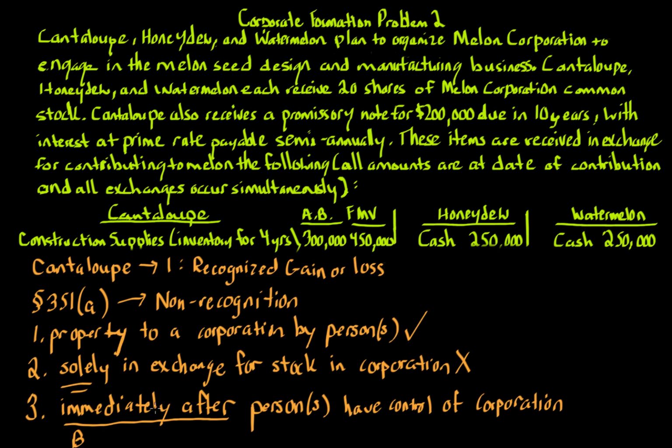It's all planned together, and it's all simultaneous. So you don't have to worry about one happening one day and one happening a few months later, which the IRS might come in and scrutinize. It all happens simultaneously. After, they all own 100%. They own 60 shares all together. So the question becomes, if you remember, what exactly is control? Control is two things. Two things have to be met. 80% of all classes of stock and greater than or equal to 80% or more of all classes of stock and greater than or equal to